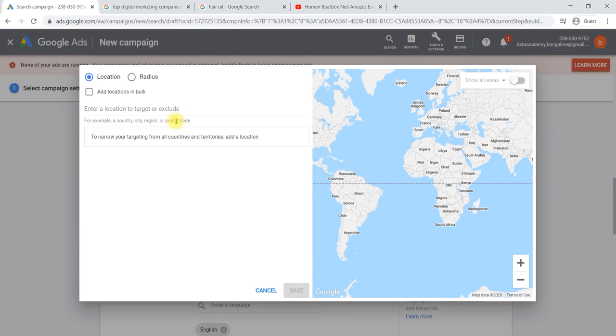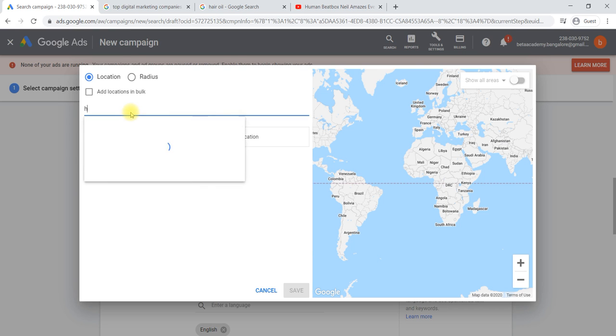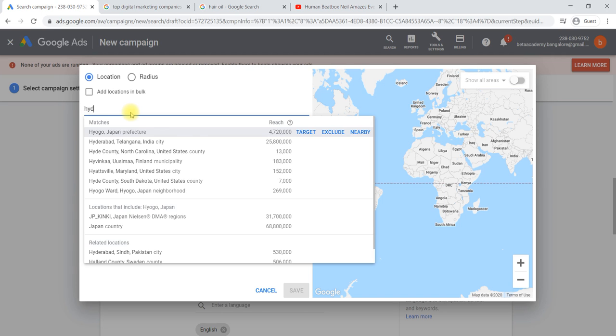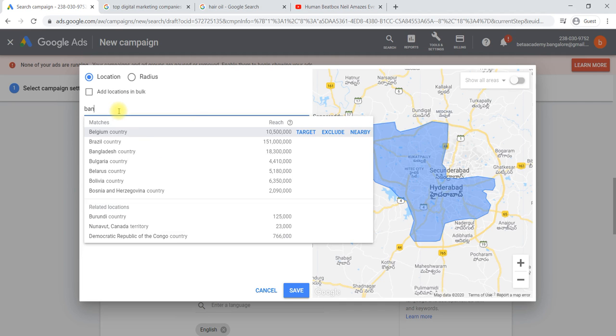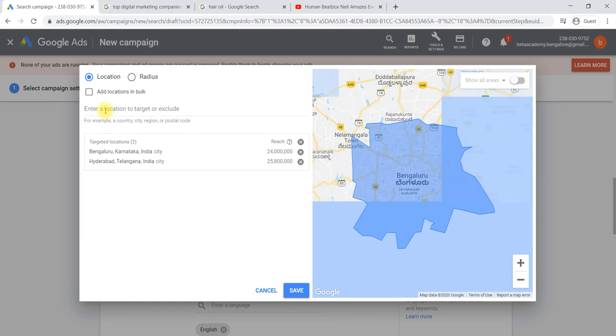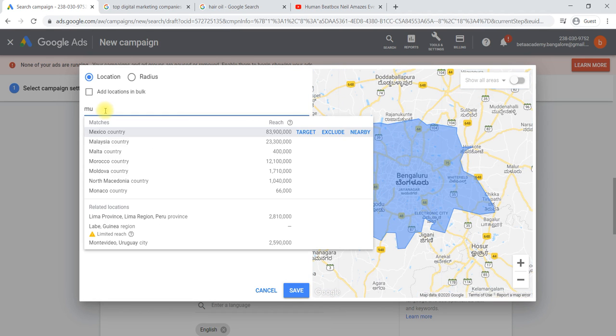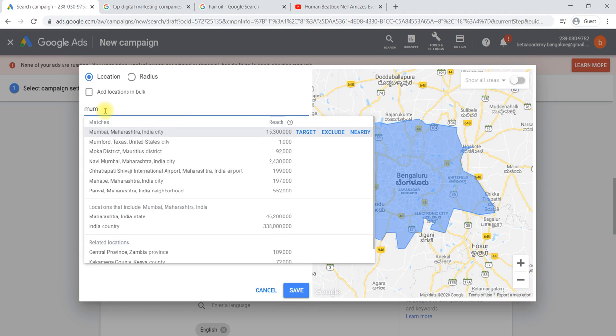You can search the location by using a country or city name or a region name or postal code also. For example, we will select Hyderabad, then Bangalore, Mumbai.